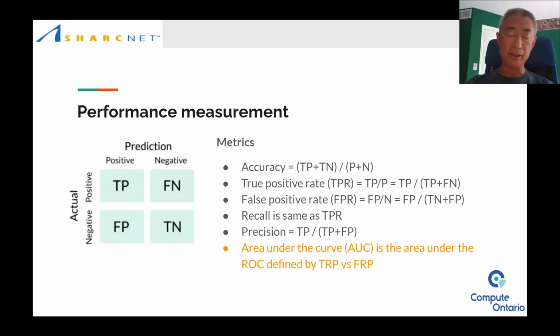But all the first 5 metrics depend on the final classification result. And the only one, which is the last one, the AUC, the area under the curve, is the only metric that doesn't depend on the final classification, which means it won't be influenced by the threshold we choose. So that's the main metric we are going to use for today.